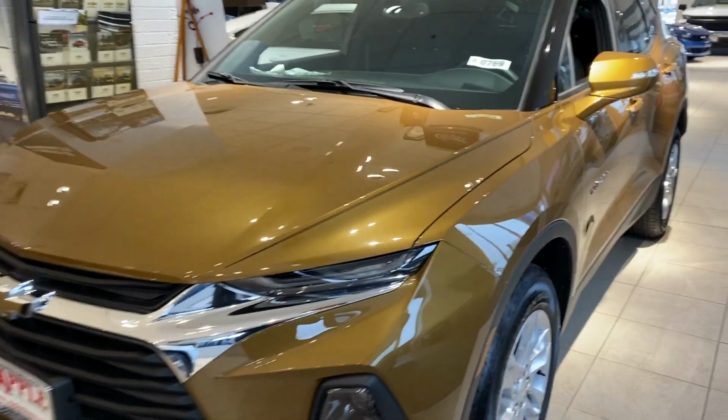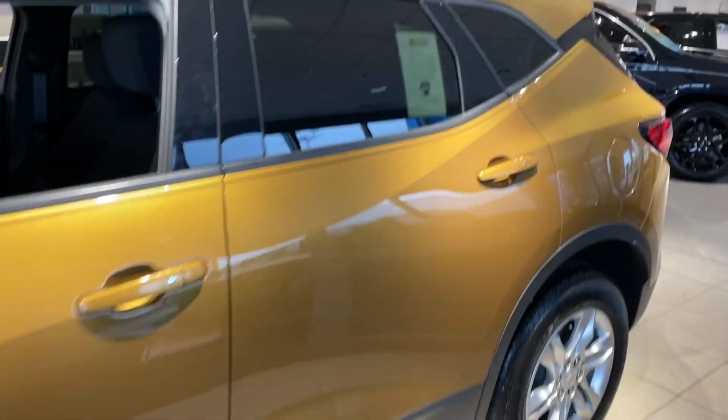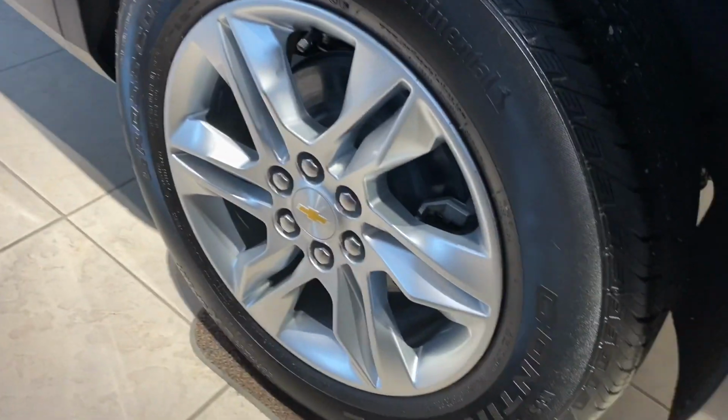Today I'm standing in front of a brand new 2019 Chevy Blazer. This front wheel drive Blazer comes with a 2.5 liter 4-cylinder engine, our back tinted windows, and 18-inch bright silver aluminum wheels. Now, when we get inside this vehicle, you can see that we do have our cloth seating with